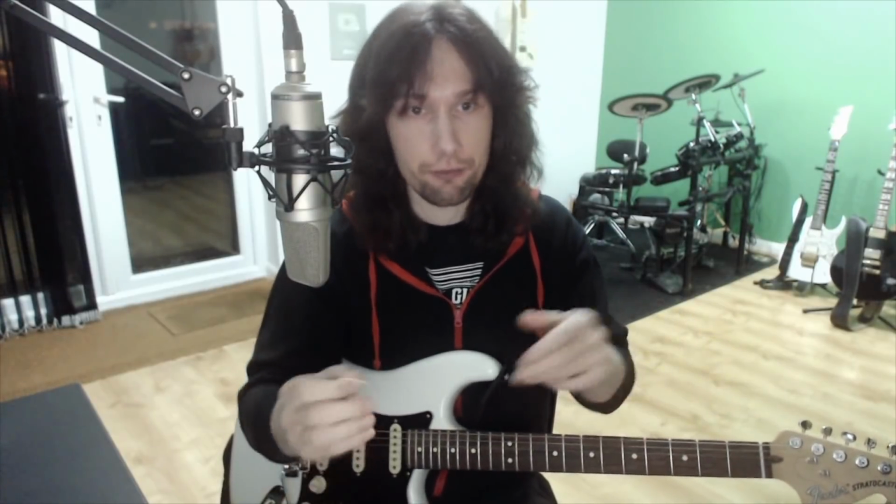So let me give you another example of that, because the producer, when he's sitting at the desk, he's got every instrument that has been played in front of him on a slider. So if he wants the guitar to be a bit louder, he pushes that one up. If he wants it to be quieter, he pulls it down. Exactly the same for the vocals, the bass, the organ. It's now down to the producer to mix the levels and make whichever instrument he thinks needs to be most prominent. So, getting into the intro of the song, we have...